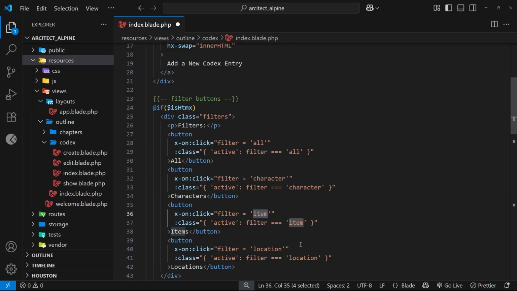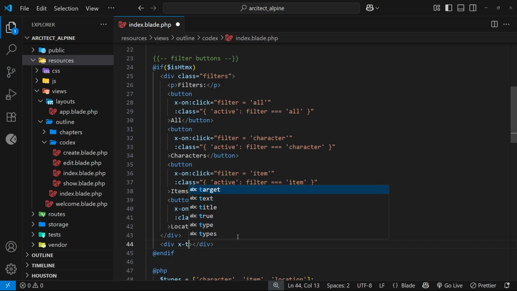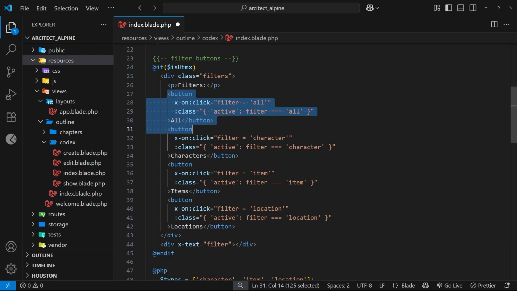Now, what I want to do is just very quickly beneath this div, output another div, which is then going to use the x-text attribute, which is another Alpine attribute, and it dynamically outputs some text for us that might change. And I want to output whatever the value of the filter is, just so at the minute when we click on these, we can see that text inside this div. Now, lastly, before we view this in a browser, I just want to add some CSS,